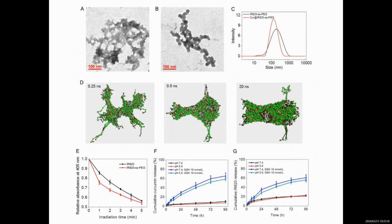Both the conjugate and the curcumin-loaded conjugate nanoparticles display worm-like morphology. To better understand the self-assembly behaviors and the structures of the worm-like nanoparticles, DPD simulation was performed. It can be seen from the final state of the simulation that there are multiple cores formed by IR-820 in the worm-like cluster, and the curcumin is loaded both in the aggregated PEG chains and cores formed by IR-820. Negatively charged IR-820 molecules are near the surface of the worm-like cluster, which leads to the negative zeta potential